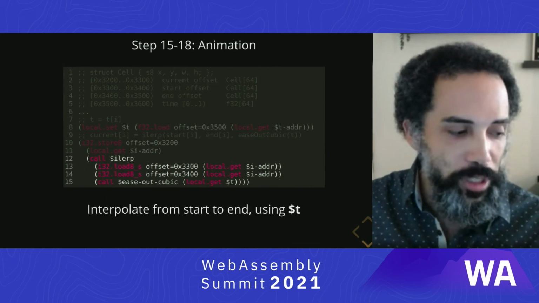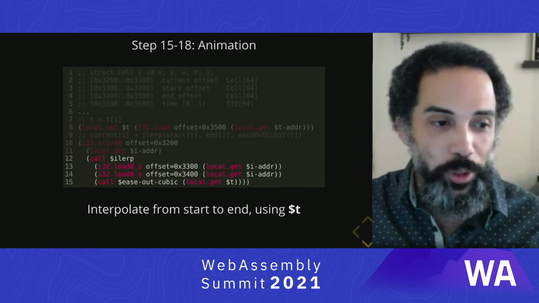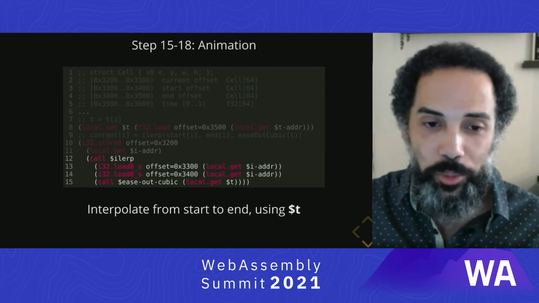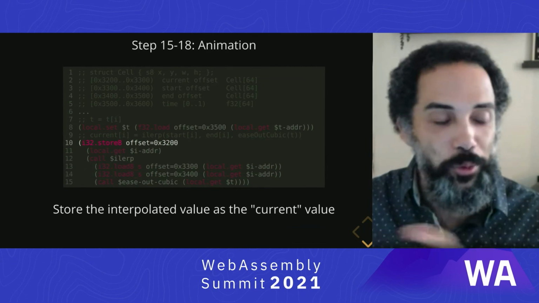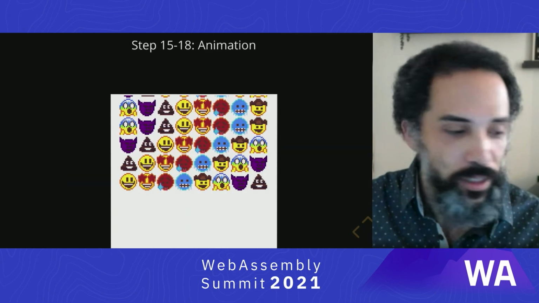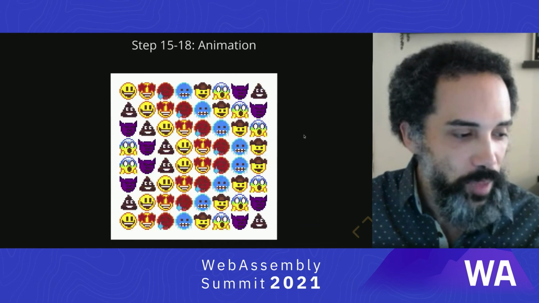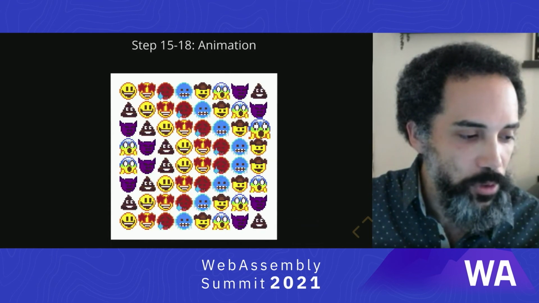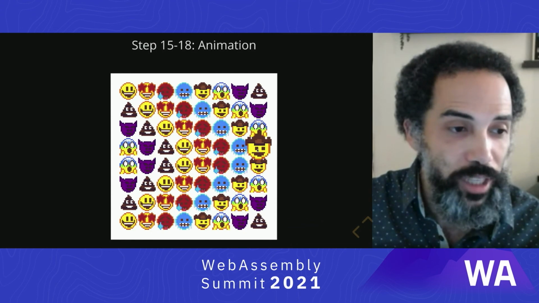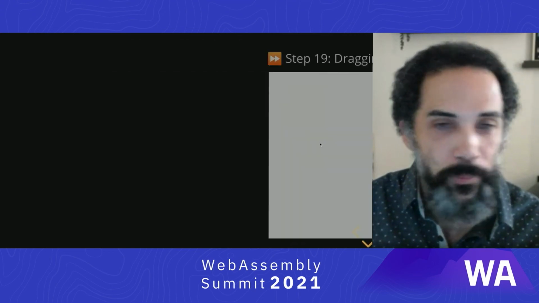Then we use the formula we saw before, calculating that interpolation, and store that value into the current offset, and that's the offset we'll use when we're drawing the cells. So what you can see now is we actually have little zooming when we mouse over things, and that's using the animation that we set up just now.